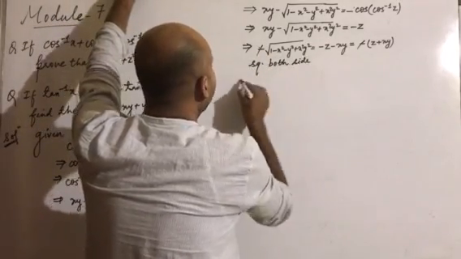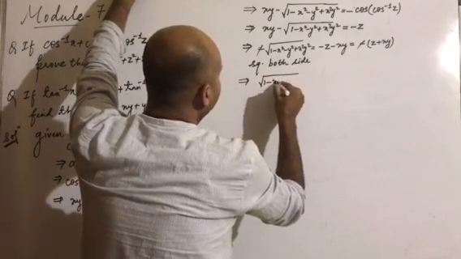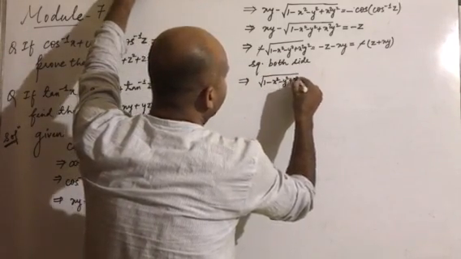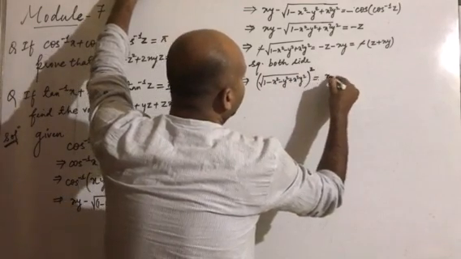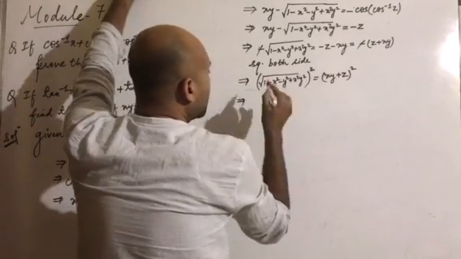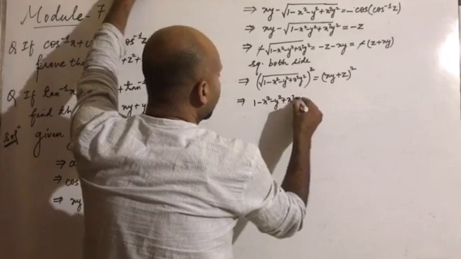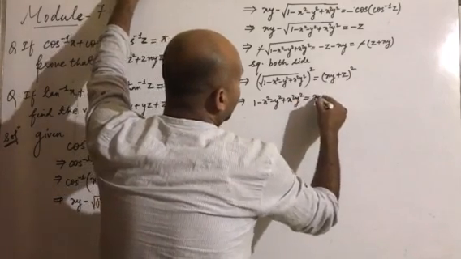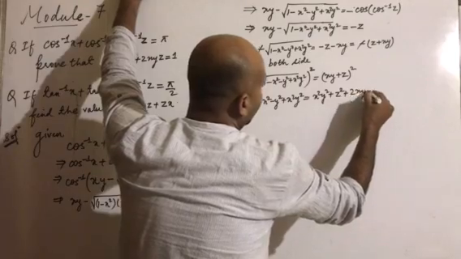If I am squaring both sides, this root will be removed. So first for you, I am writing the step here: 1 minus x square minus y square plus x square y square, whole square, is equal to xy plus z, again whole square. Now the square root whole square, the root will be cancelled, so this is 1 minus x square minus y square plus x square y square. Now the formula for this is x square y square plus z square plus 2 times xyz.